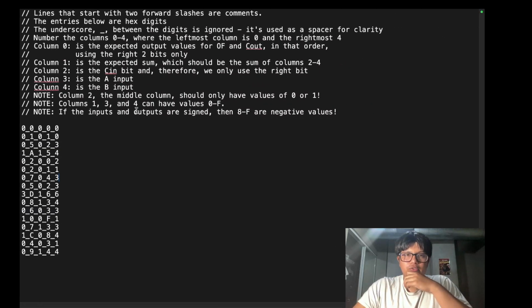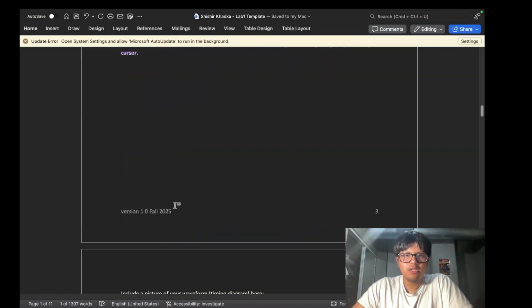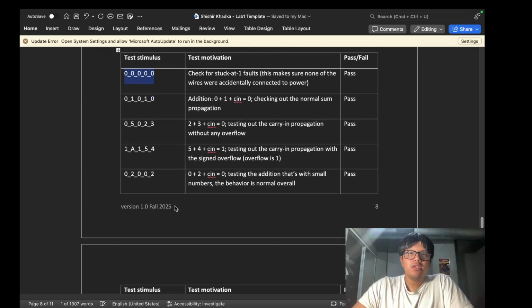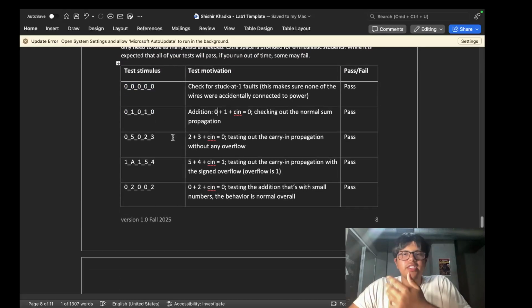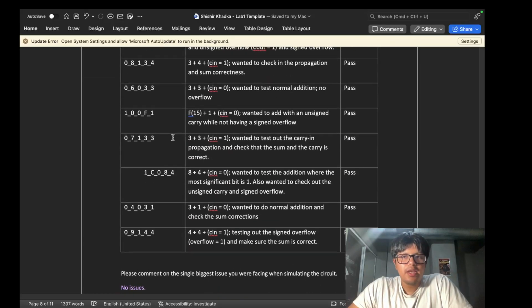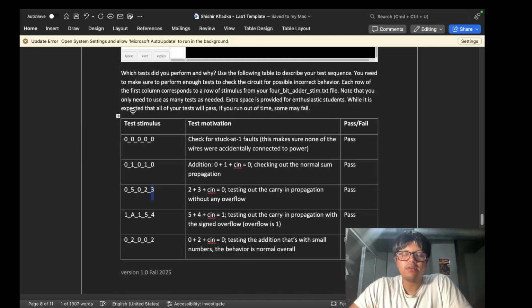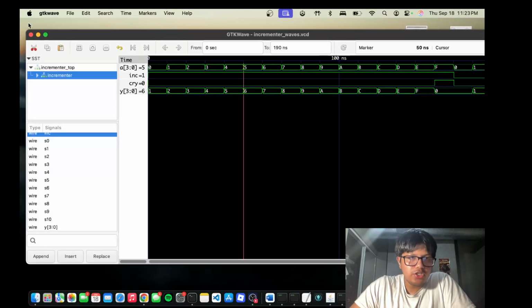So for the test cases, this is my test case right here. As you can see, I made them customized. And in my documents right here, my test motivation is basically why I used those test cases, and a lot of them passed. As you can see here, 3 plus 2 with an unsigned 0 is equal to 5, or Cn pretty much. And if we were to go to GTKWave,